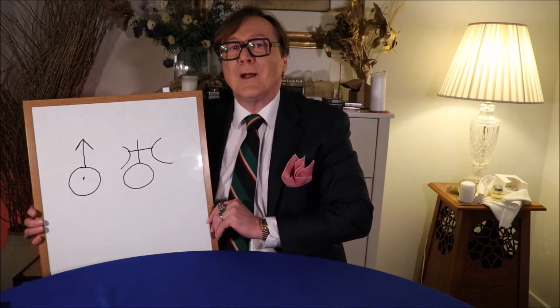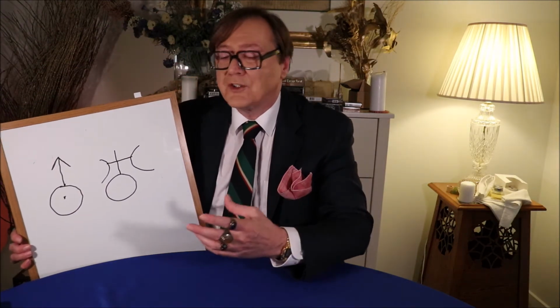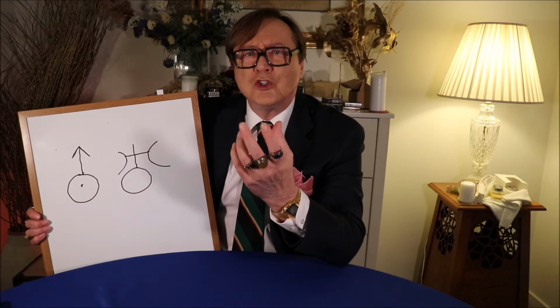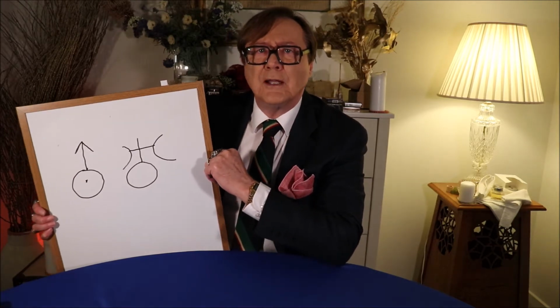Now, there are two symbols that you may see for Uranus, and they're these. The circulation of Uranus, incidentally, around the Sun is every 84 years, and so it spends about 7 years in each sign. The importance of the outer planets is really more contextual, I think, as I mentioned in the last episode.